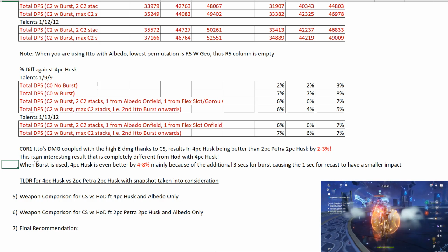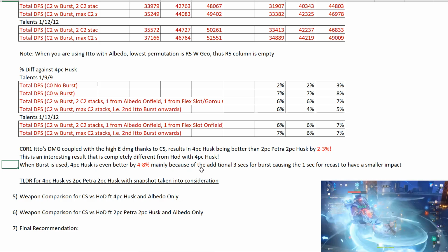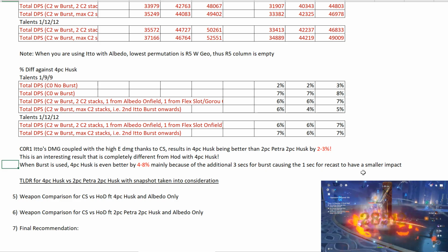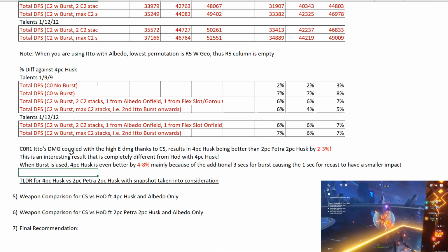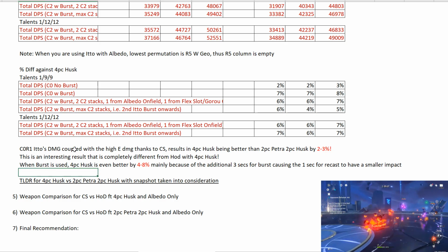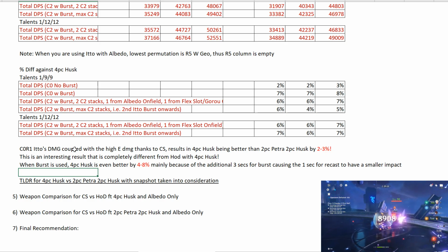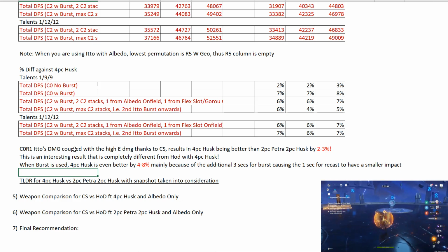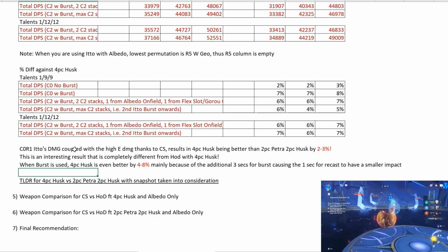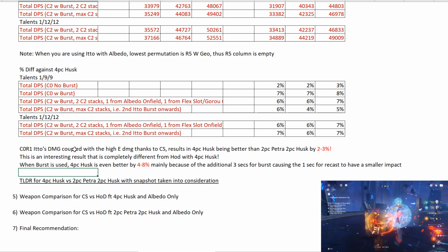And when burst is used, 4-piece Husk is even better by 4 to 8%, mainly because of the additional 3 seconds for burst costing the 1 second for recast to have a smaller impact. But I hope you see that with a weapon like Cinnabar Spindle, where it significantly boosts Albedo's E damage, with more in damage being factored in, it actually makes it such that the 4-piece Husk becomes better than the 2-piece